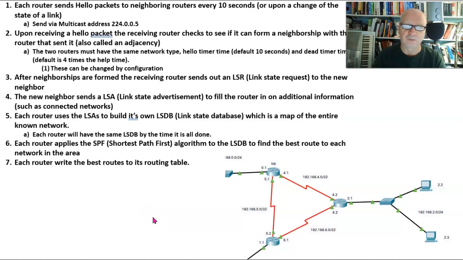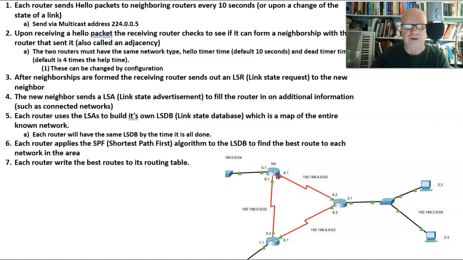We're going to go into a little bit more detail about how link state protocols work with an eye on OSPF in particular. However, this really is still surface information. We can go a lot deeper, and in fact, we are not going to go into the depth that you need for your CCNA.